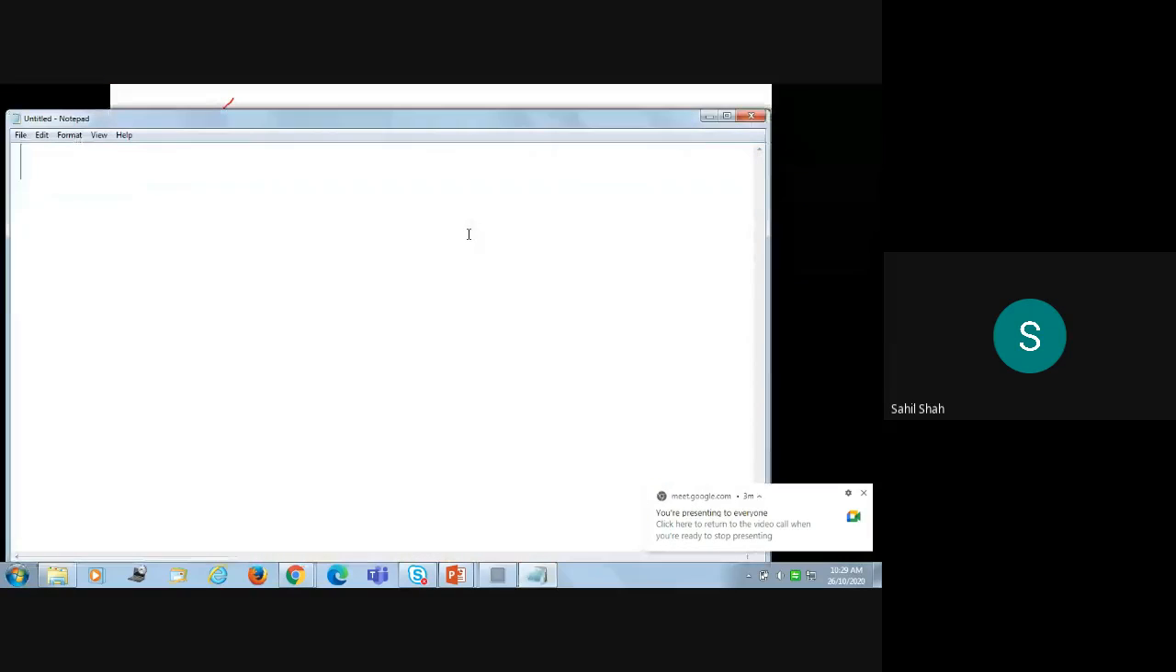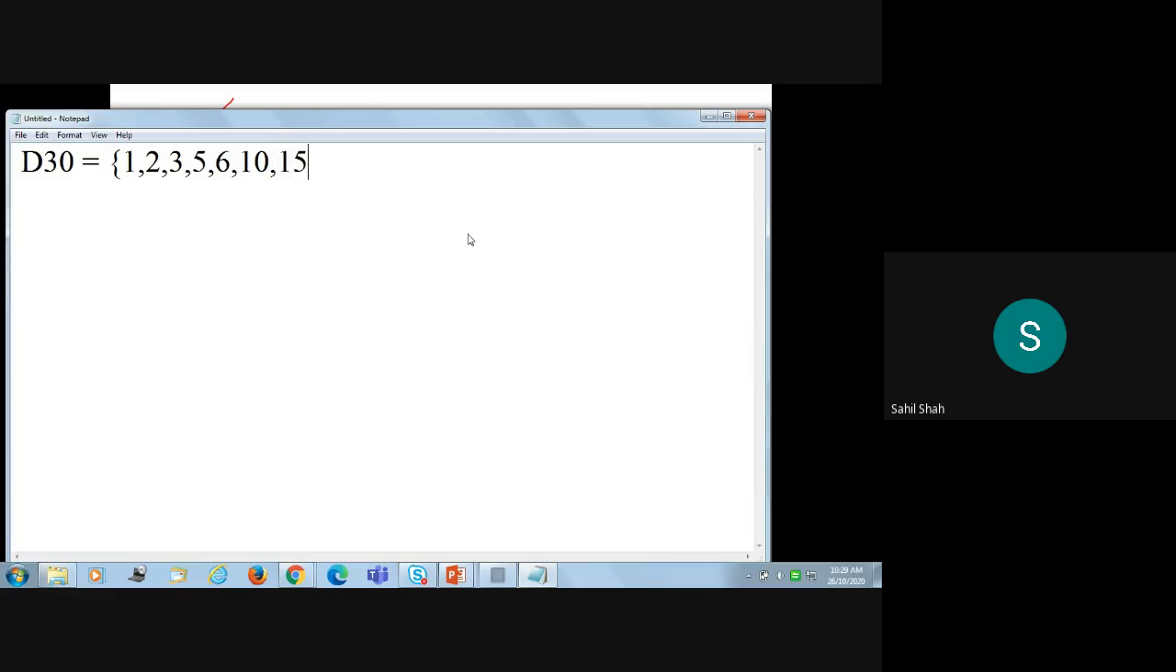Okay, this is B30. B30 is the set of all integers 1, 2, 3, 5, 6, 10, 15, and 30, the set of all integers which divide 30. And what is our POSET? POSET is B30 comma